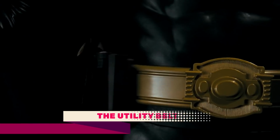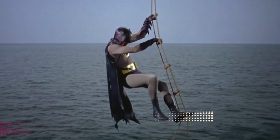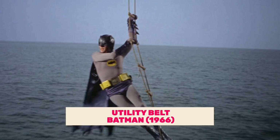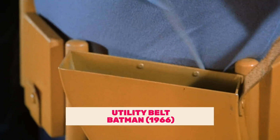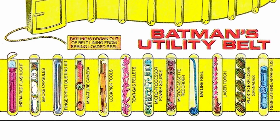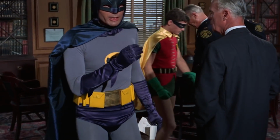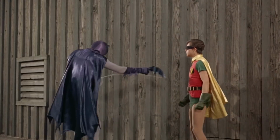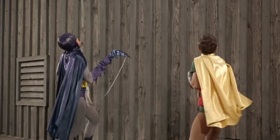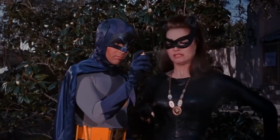This one may be controversial, but the most versatile and stylish on-screen utility belt was in the classic 1966 Batman television series. The pouches were revolutionary. Up until that time, Batman's belt was normally depicted as bright yellow, and its compartments were thin tubes. The 1966 gold belt popularized depicting it with slightly more realistic pouches, and boy were those pouches filled with everything Batman could possibly need. It contained a fold-out bulletproof bat shield, a remote-controlled device for the Batmobile, sleep gas, and